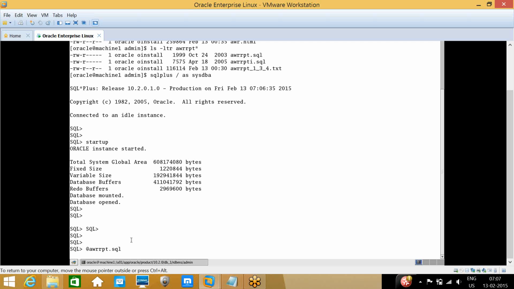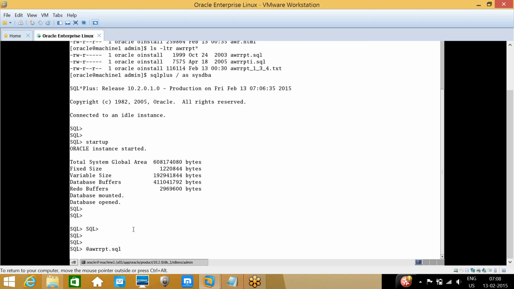Here I am running on the server. In our organizations, if a client is installed on our local PC, then we can run the awrrpt and connect to that database by means of the client, like SQL Developer or SQL Plus. Just copy the SQL or open the SQL directly. If you install Oracle on your local PC, these files will automatically be in the rdbms/admin location.